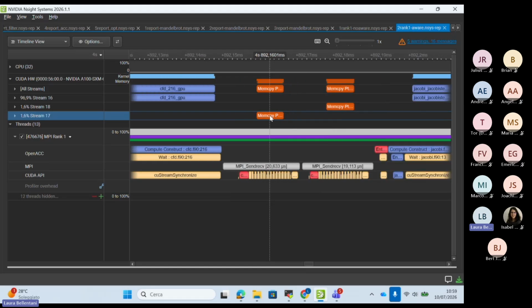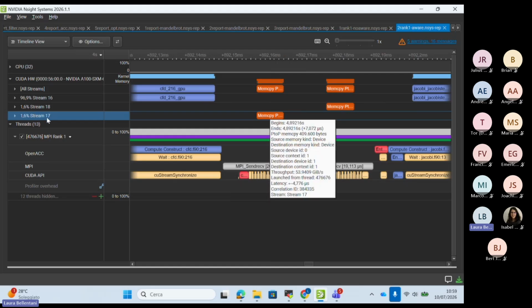Unfortunately, as far as I know, at least in the last traces I've seen, you can have a signature of intranode communication on the GPU side, like this memcpy peer-to-peer, but you cannot see the data traveling through GPUDirect RDMA. So if you are communicating among different nodes, you don't have this same signature on the GPU side for the RDMA communication.